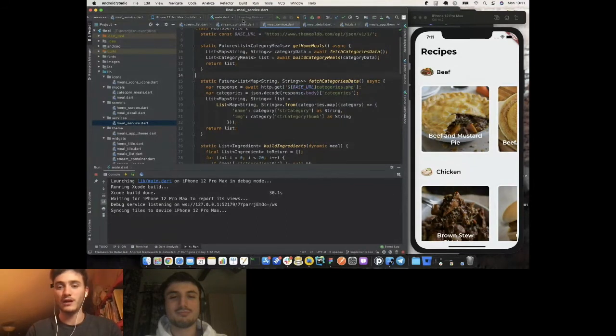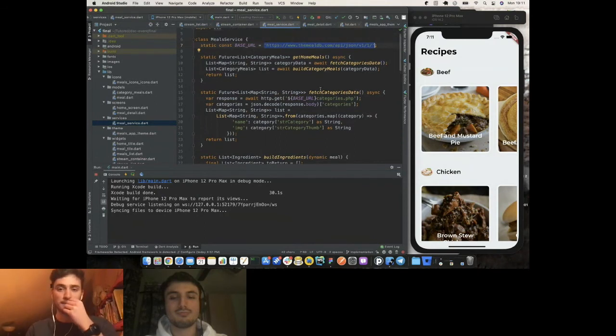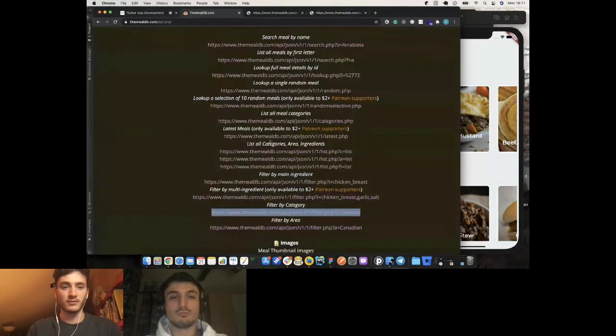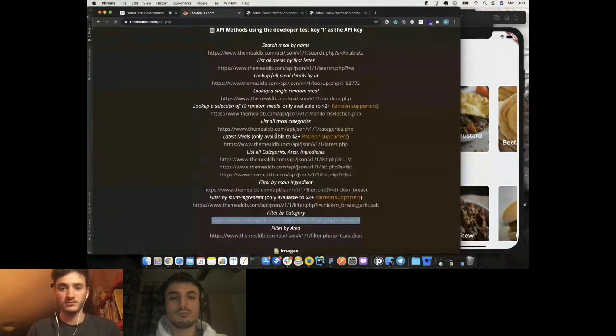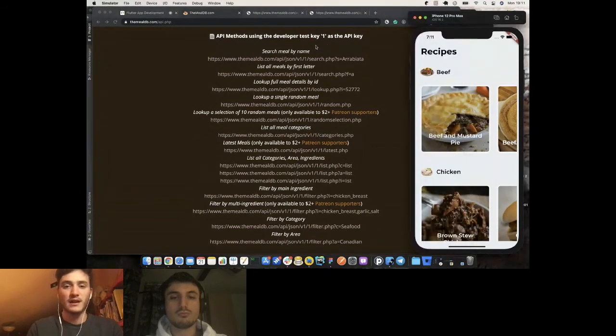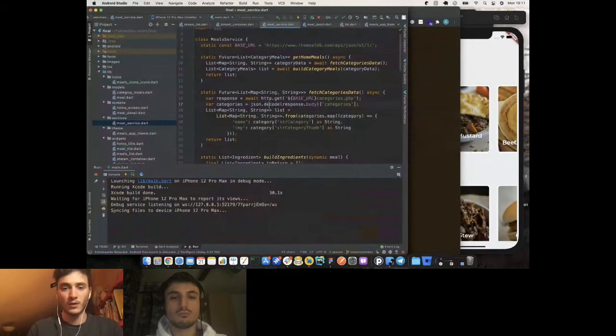The base URL is the base URL of this API that you can see from that page. This is the base URL, and then I put categories to retrieve all the meal categories,